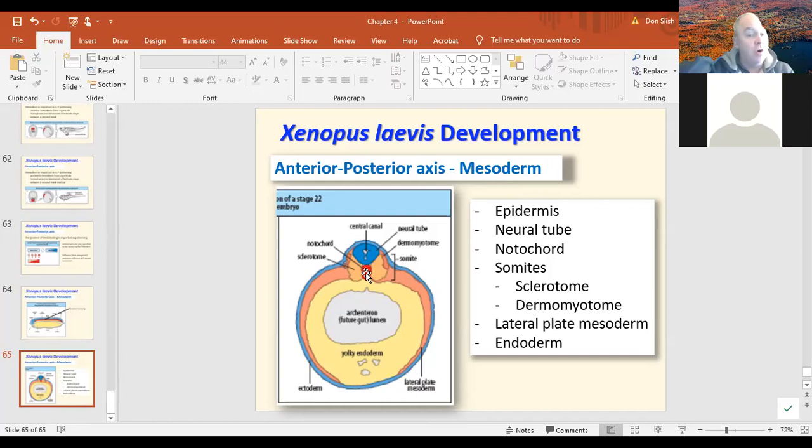And the nodal cord is really important here for inducing that neural tube, but its importance gets less and less as development goes on, and eventually it ends up the spongy discs between the vertebrae. Okay,